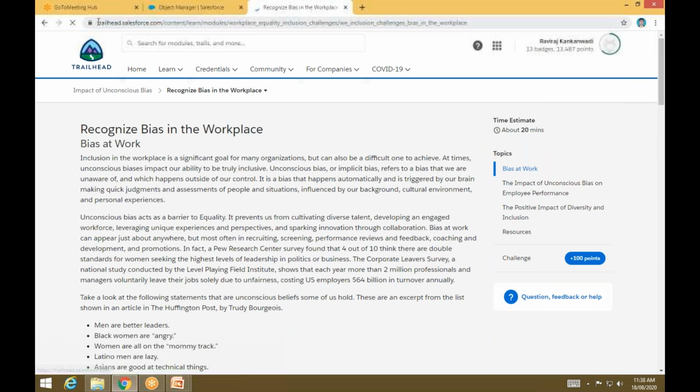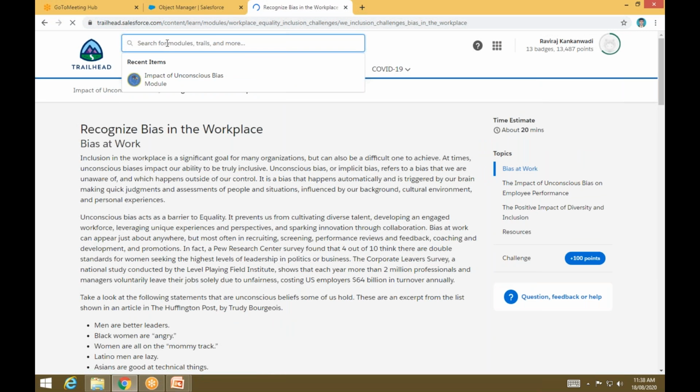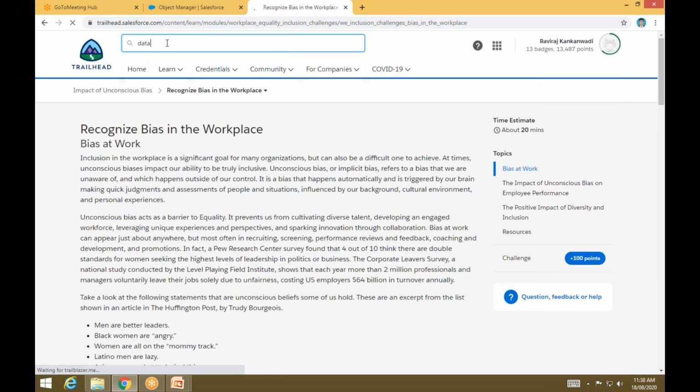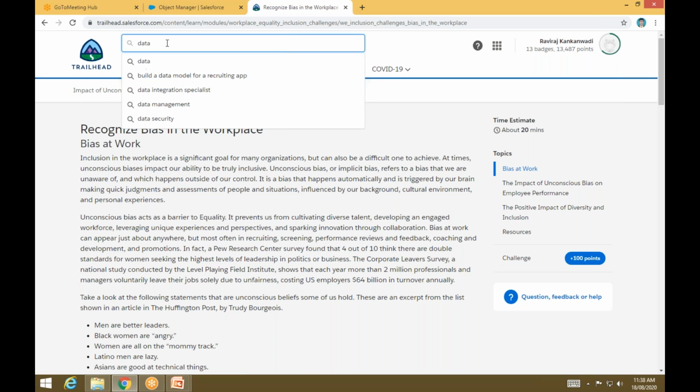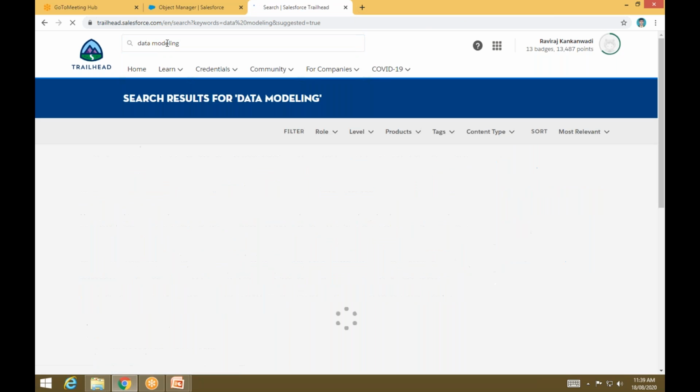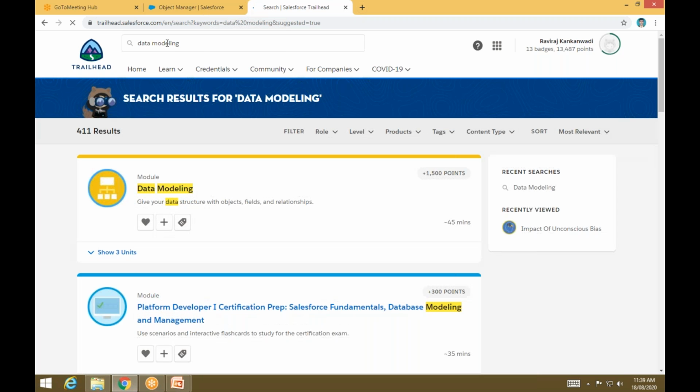So now I'll not go for this thing. Searching for the data modeling over here.